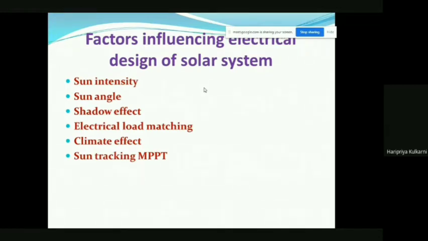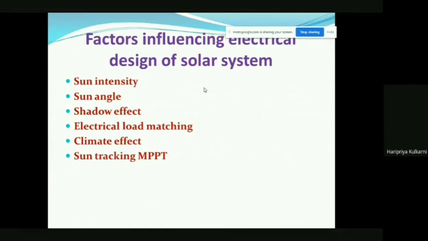Sun angle, so when the sun travels from east to west, it changes from say 0 at 12 noon, it is 90 degree, and it is 180 degree when it is at the east. So as this angle varies, the amount of power extracted from the sun with the help of a flat plate collector or any solar PV technology is going to vary. Next one is the shadow effect. So as you know, whenever there is a shadow, definitely the solar generation will be less. So while designing the system, we have to take care that there are no big trees or buildings coming in between the sun and the rooftop solar system that we are going to plan.